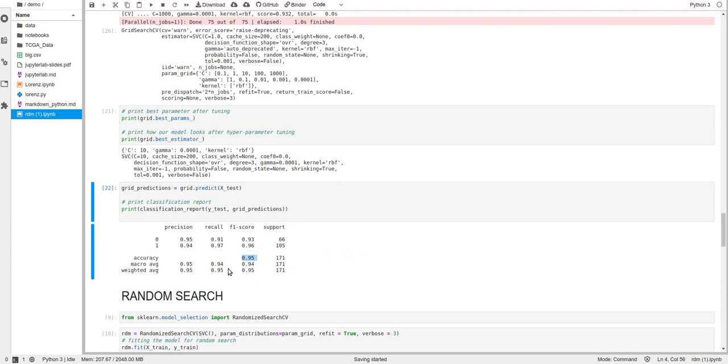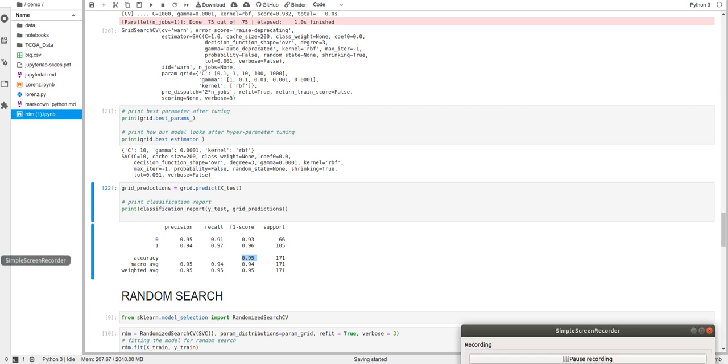This video is for grid search, right? And in this video we can see how grid search performs and gives the values for everything. Now in the next video we will work with random search.